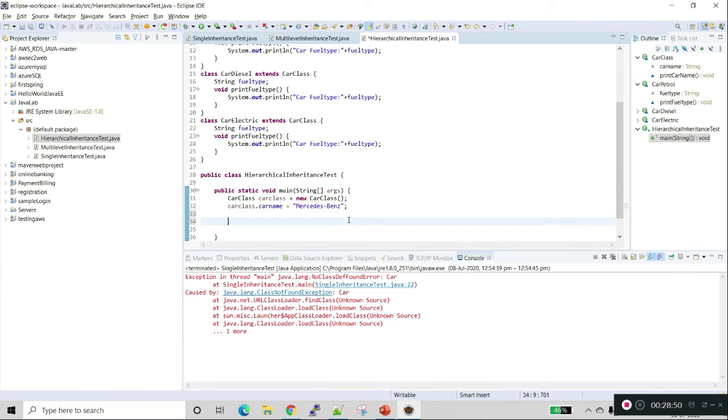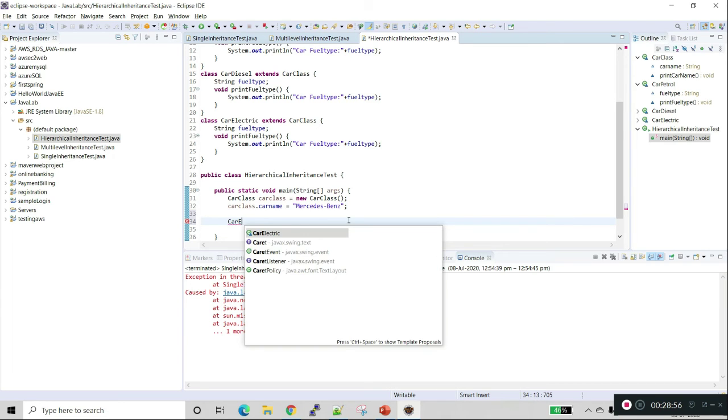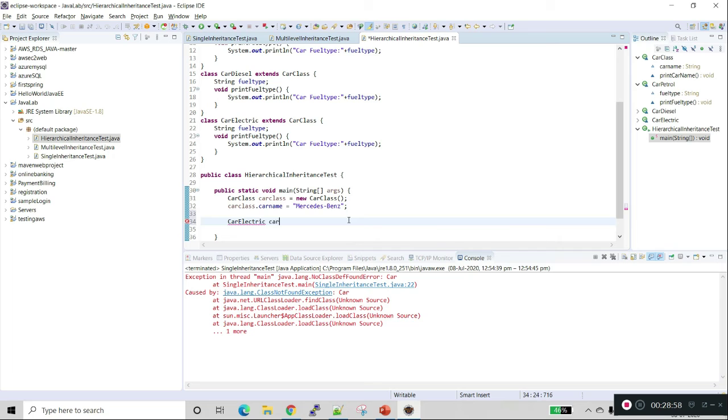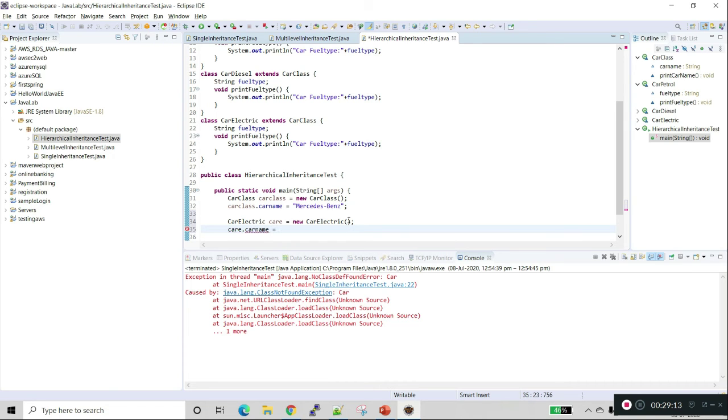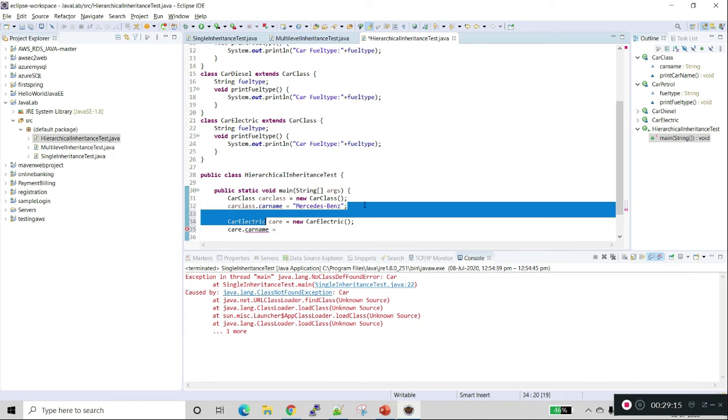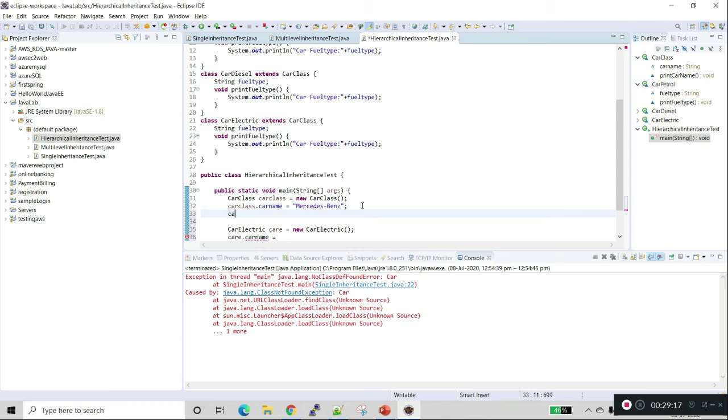Now we'll create an electric car, car electric dot car name equal to, and we'll print the car details here.